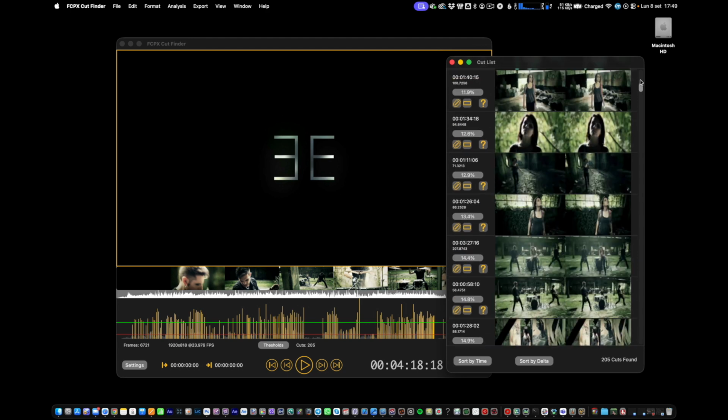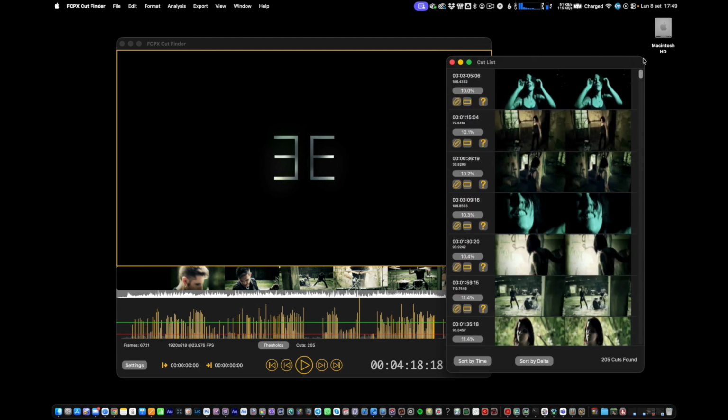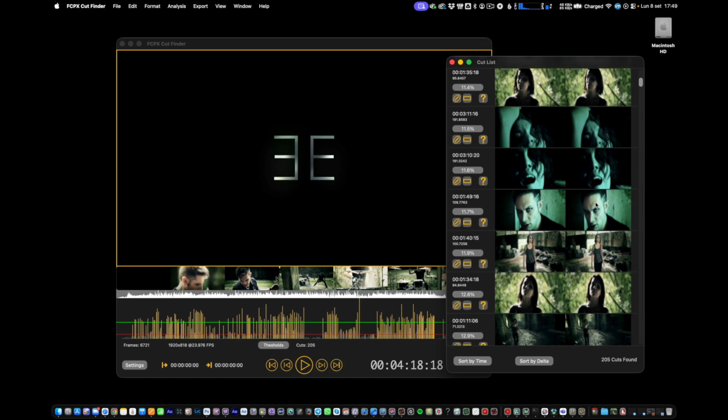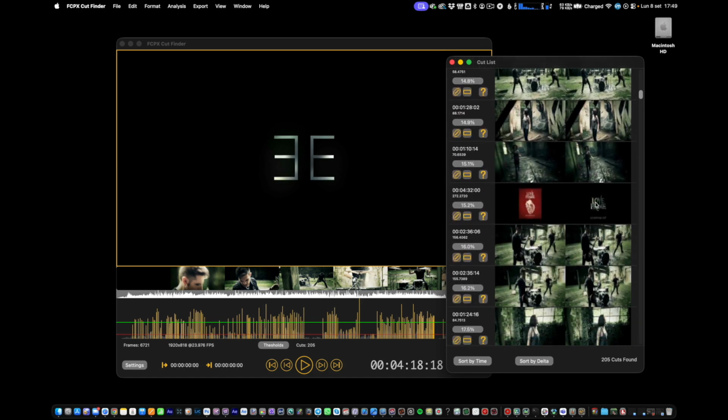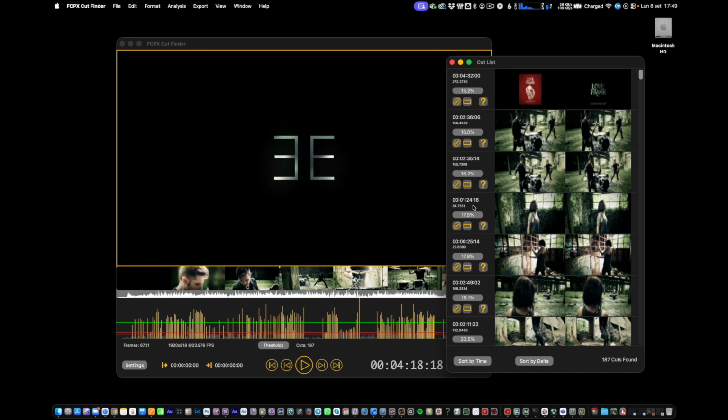Go back to the top to look at the frames with the least likely scene changes. Most likely, these first scene changes found are false positives. Scroll down until you find the first actual scene change. Now click on the percentage button. All previous cuts will be ignored because the minimum threshold will be raised automatically.